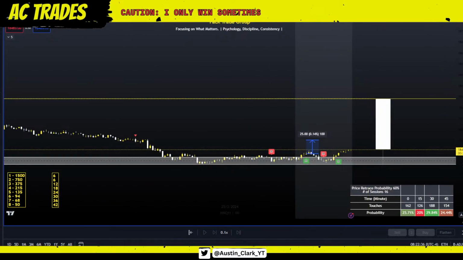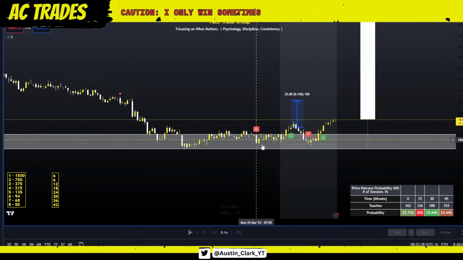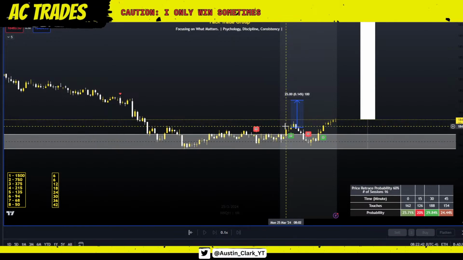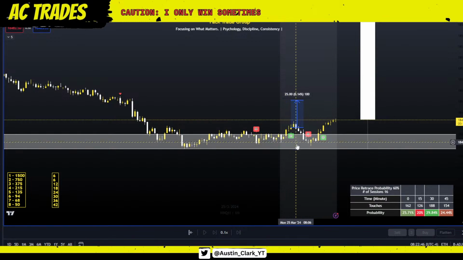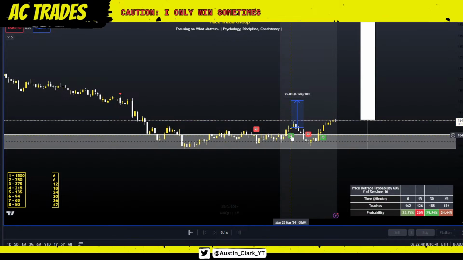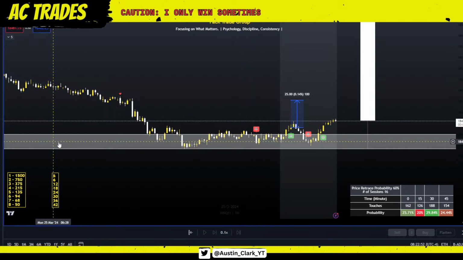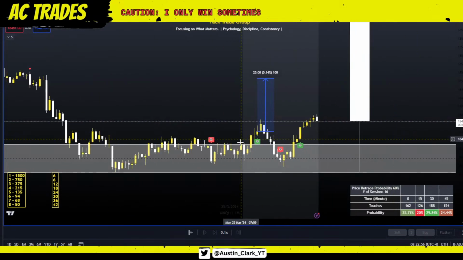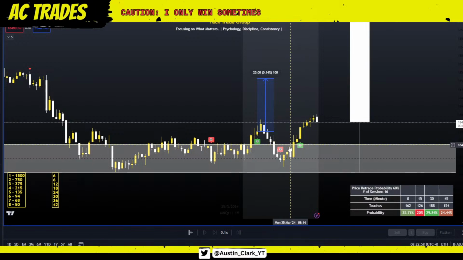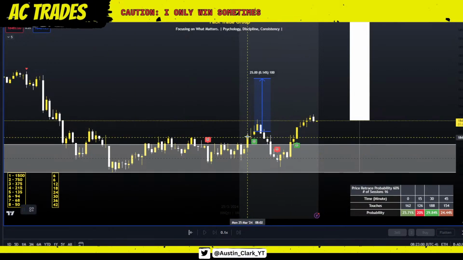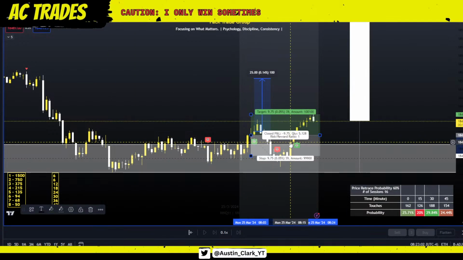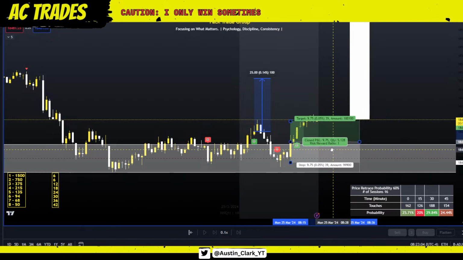You add that in combination with my liquidity footprints, or if you are a pack trader, you have access to my indicator here. But again, you do not need it. This is not a sales pitch. I try to overemphasize the fact that this is not a sales pitch. You do not need my indicator to trade this. You can literally use liquidity footprints. And if you were using liquidity footprints, you already have had two entries here: one entry right here off of this liquidity footprint and another entry right off this liquidity footprint here.